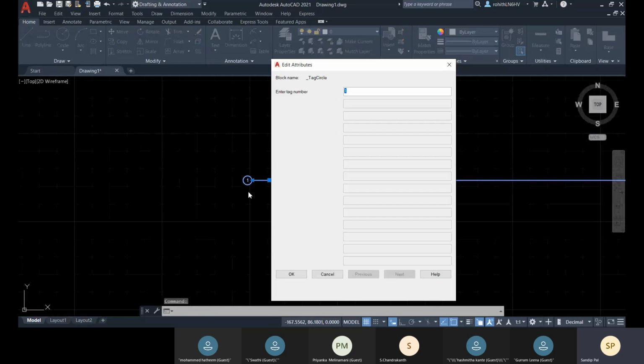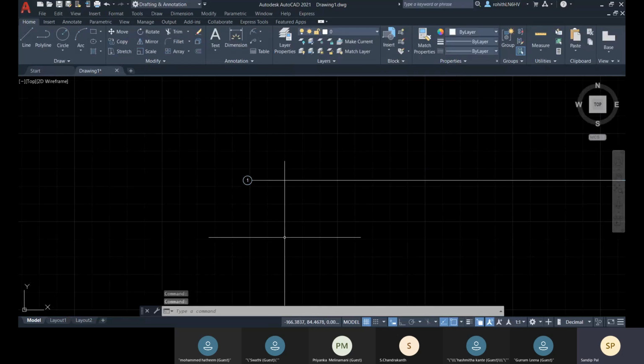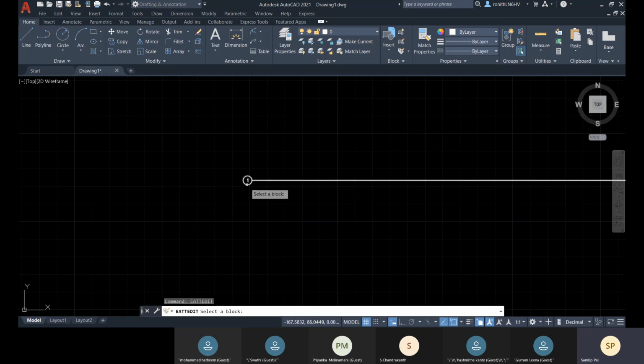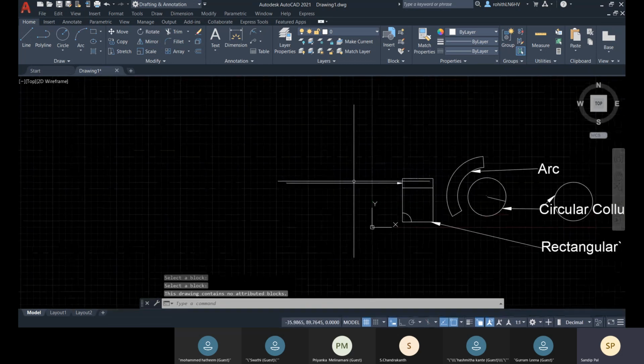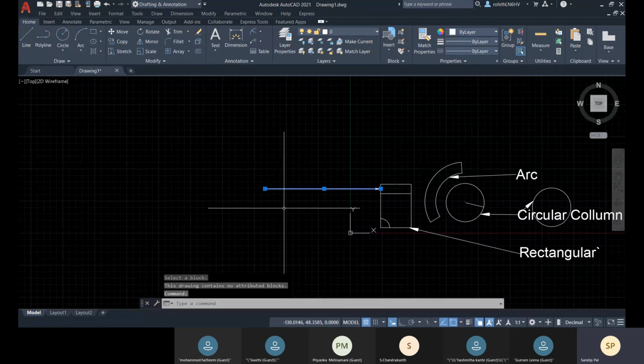Okay, like this. If you want to change this attribute value, so EATT edit, let me select this one. Okay, so this block cannot be selected, because this is attached with this multi-leader right now.